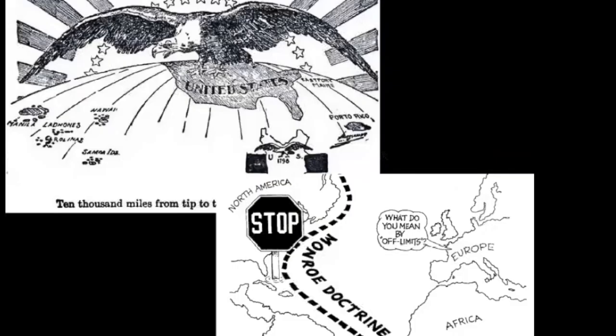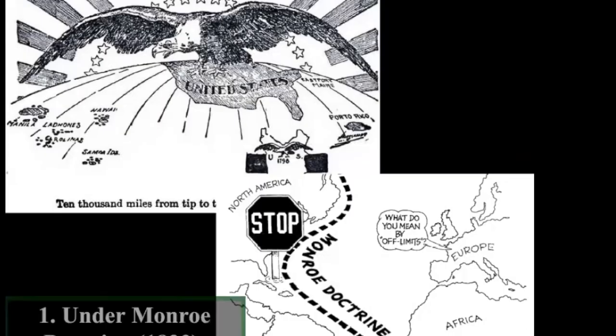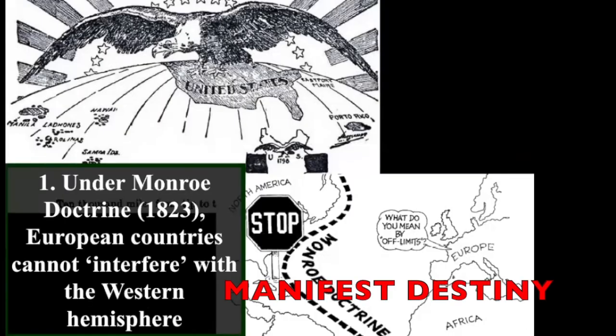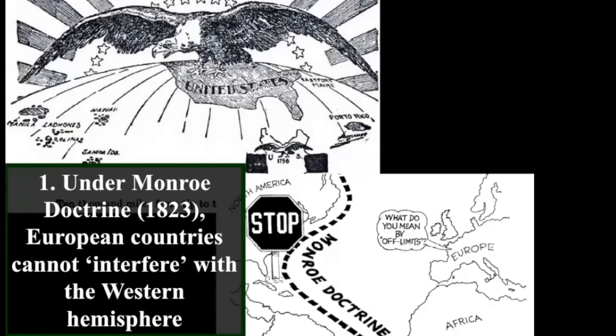Okay, so how is this going to work? The government of the United States is going to want to expand through manifest destiny. Y'all may remember that with the Mexican-American War from 1845 to 1846, America had gained a lot of territory from Mexico, like Arizona and California and Texas. Thus, under the idea of manifest destiny, they're going to believe that they should continue to expand, that they have the God-given right to take over more territory.